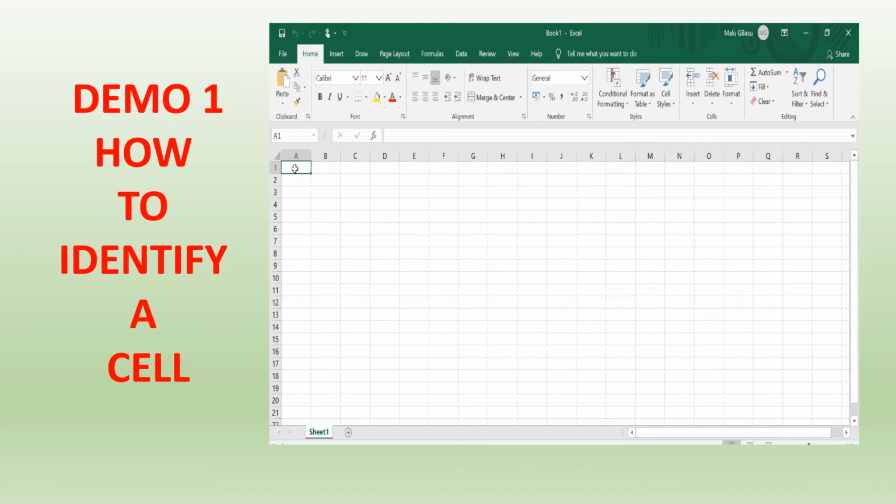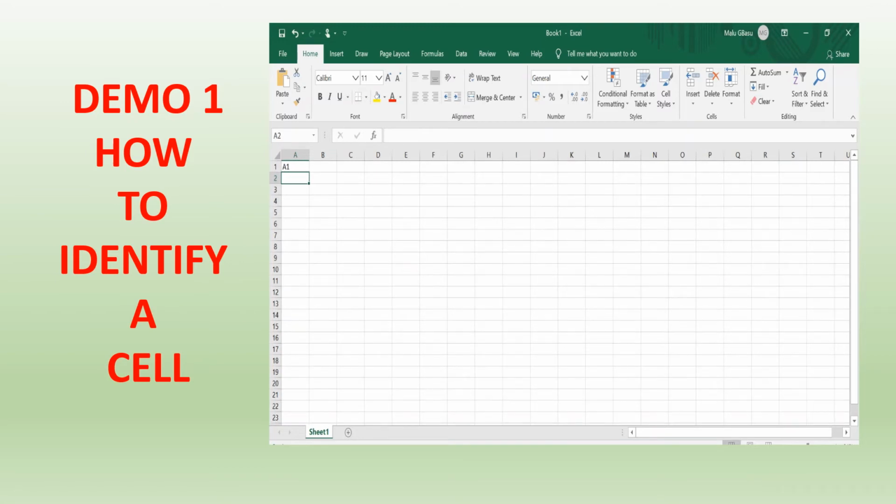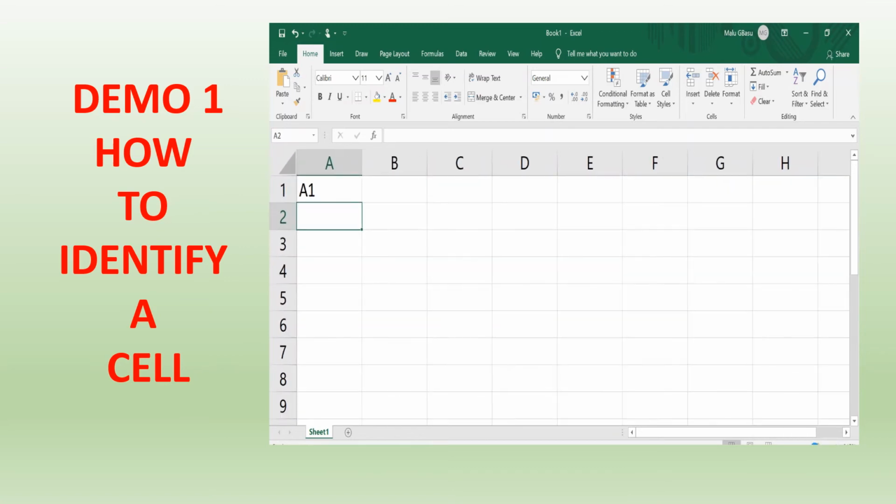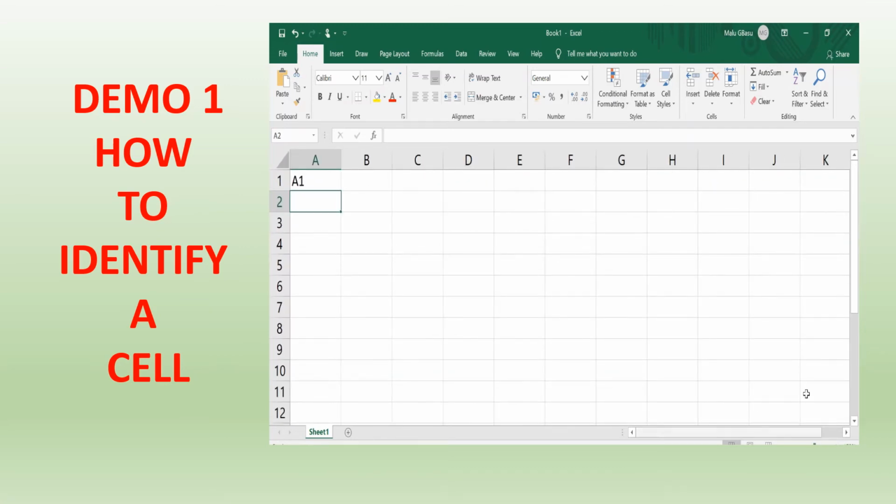Now since I've selected this cell, this is row 1 and column A. So the address of the cell will be A1. Now suppose I select this cell.